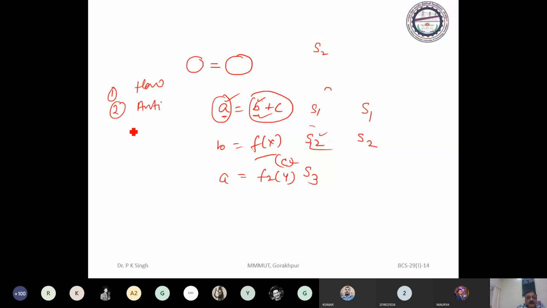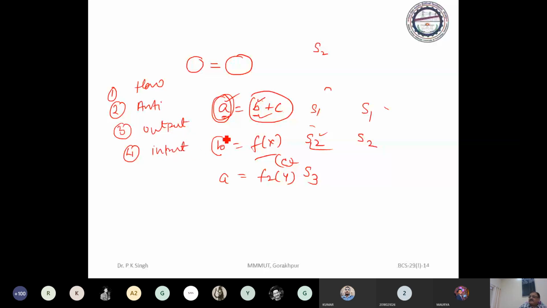Next, third is if S1 and S3 are modifying the same reference. S1 and S3 both are modifying reference A. In that case, that is called output dependence. And the fourth one is if S1 and S2 both are using the same reference, then input